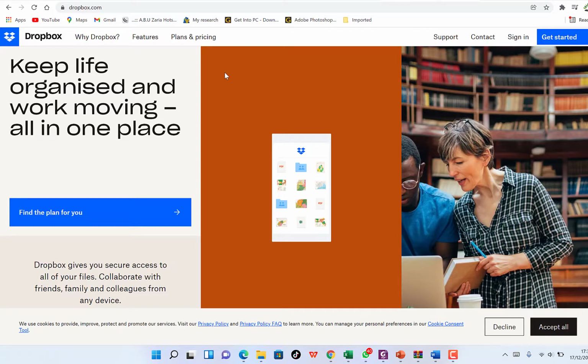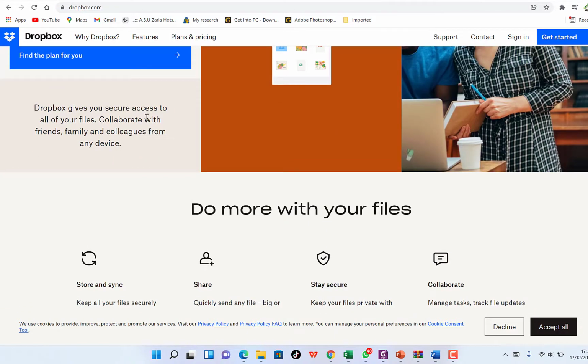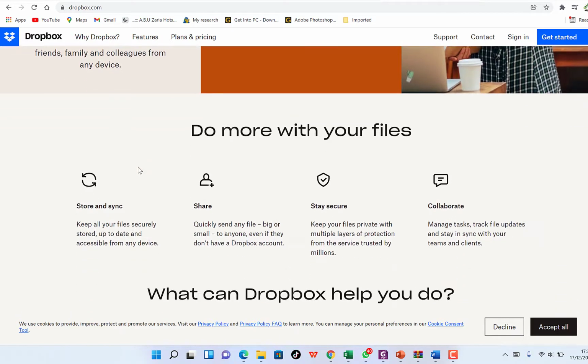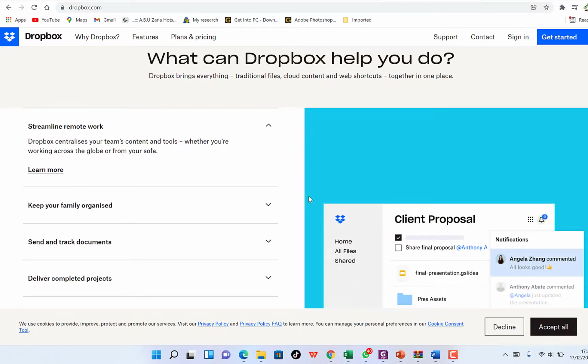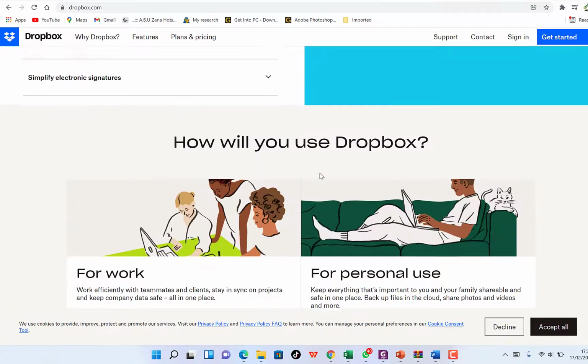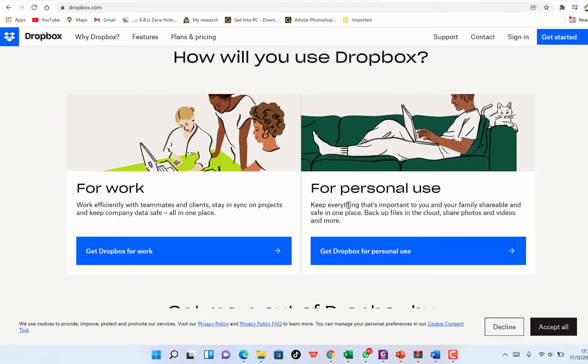Once you have a Dropbox account, Dropbox helps you keep work and life organized, moving all in one place. So find the plans for you. Dropbox gives you secure access to all of your files. Collaborate with friends, family, and colleagues from any device, and from any part of the world. So you can store and synchronize, you can share, you can stay secure, and you can collaborate with people. All right, so this is just a bit on the benefits provided by Dropbox,